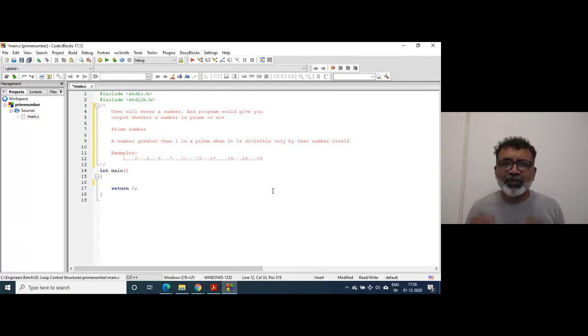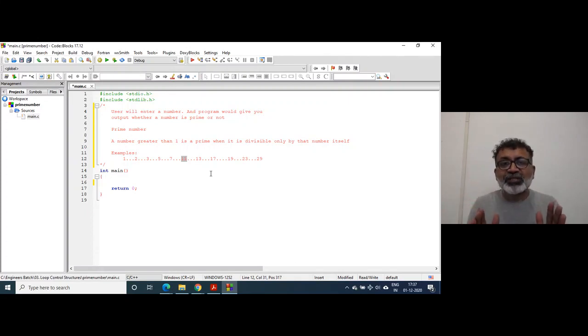So we'll start dividing that number. For our design purposes, we will take the number as 11. When we want to declare whether 11 is a prime or not, we will start dividing from 2 onwards: 2, then 3, 4, 5, 6, 7, 8, 9, 10. So 11 is not divisible by any number from 2 to 10.